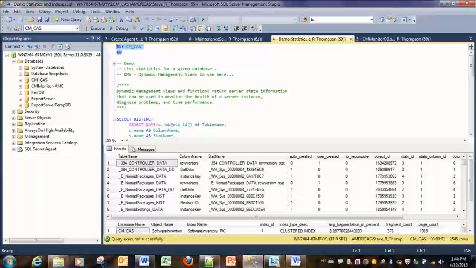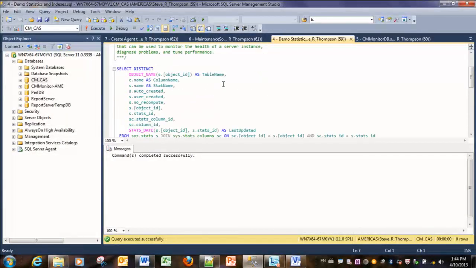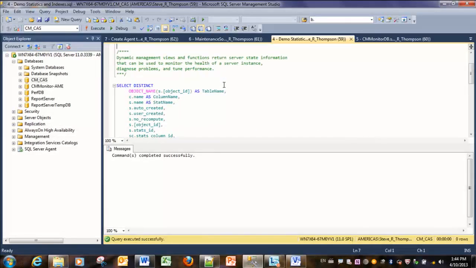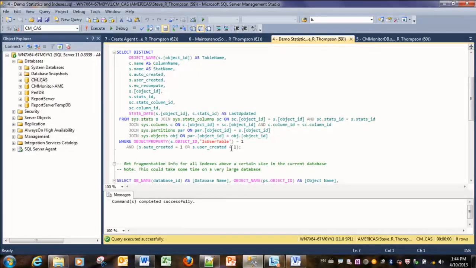And this goes back to, how do we determine whether or not our statistics are up to date? How do we know about indexes? And again, I will provide these. And this one uses our system dynamic management views, or DMVs, to pull information, the stats one that I told you about earlier. It gives us the ability, so if I run this,